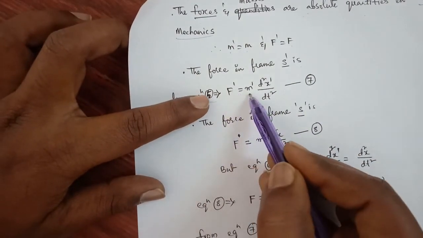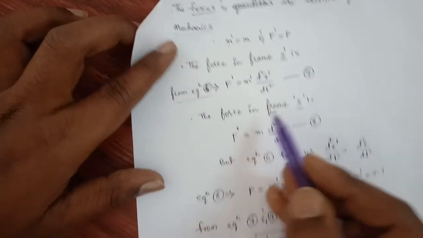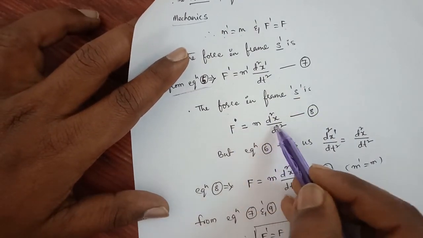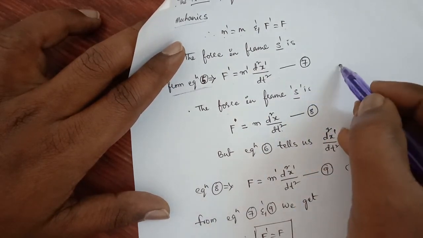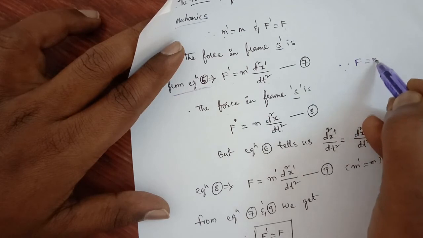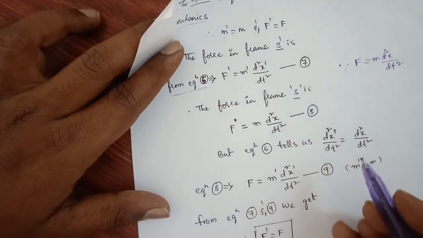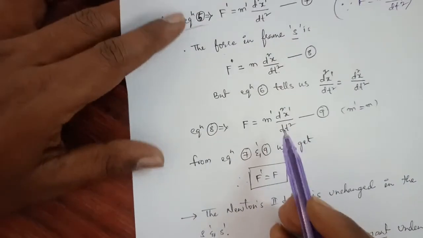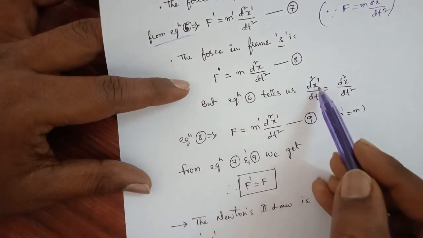So F dash is equal to m dash d square x dash by dt square. So the force in frame S, we can write as F equals m into d square x by dt square. These two equations we get, equation 5, that is F equals m into d square x by dt square. Now, so here we got equation 6, that is d square x dash